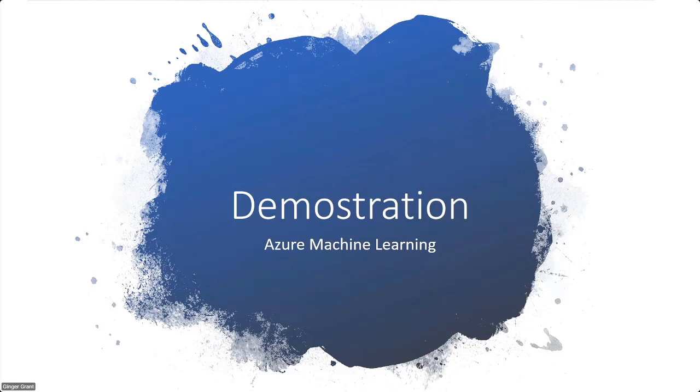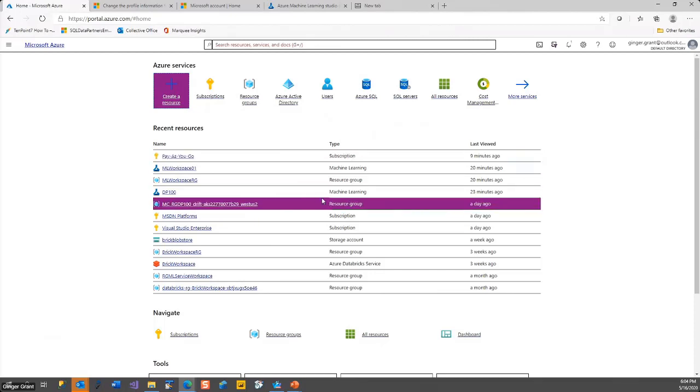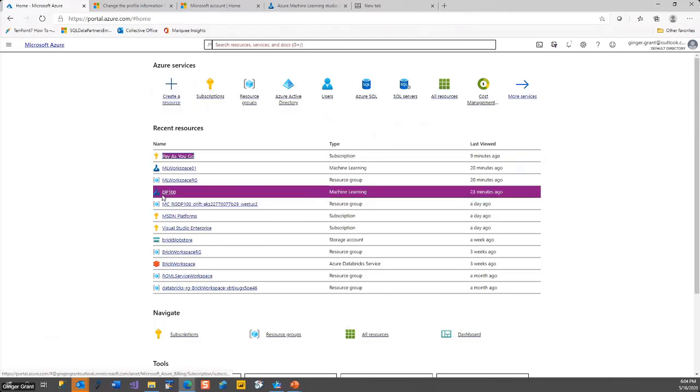So enough talk about this. Let's take a look at Azure Machine Learning. So I need to get to the portal. Okay, I've got 2 different Azure Machine Learning workspaces here. I'm going to take a look at one of them first and then show you how to create one after, which I realize is a little bit backwards, but I want to make sure that I can show you various